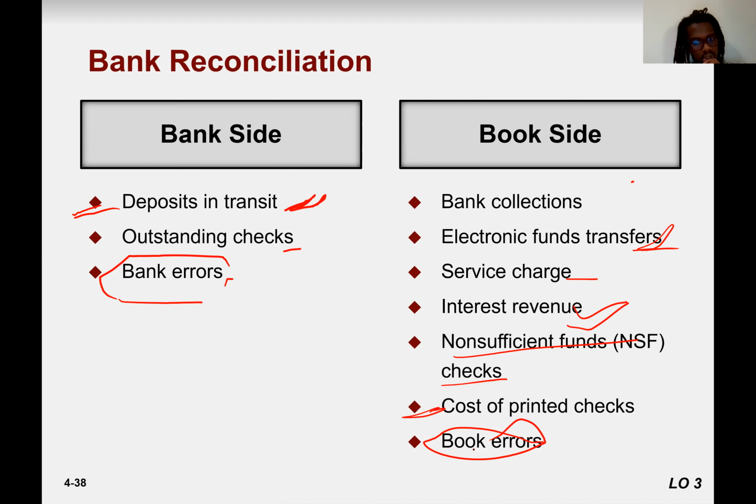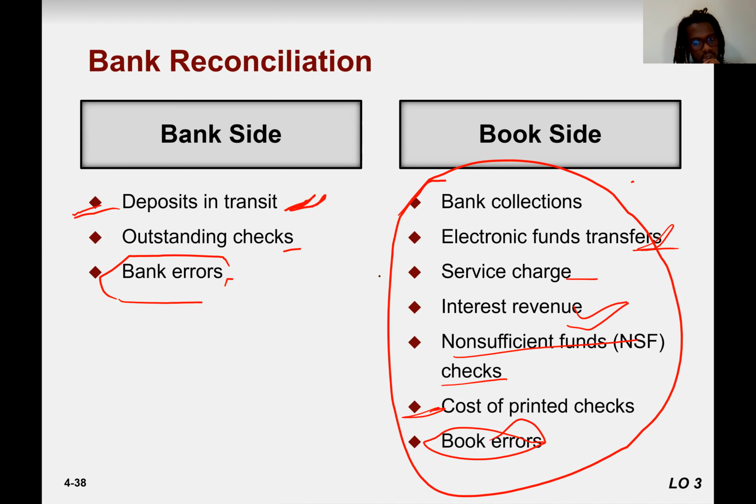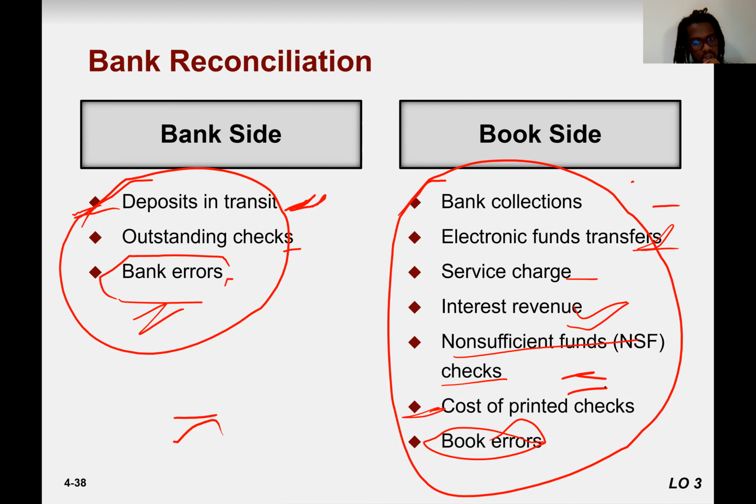So it means if we include all these to our book side, that is missing on our side, we write it down on the book side, and if it is missing on the bank side, it should be written on the bank side. If the bank balance equals the cash book balance, it means there is no fraud. It's only a normal process. Due to time lagging, the difference is not equal.